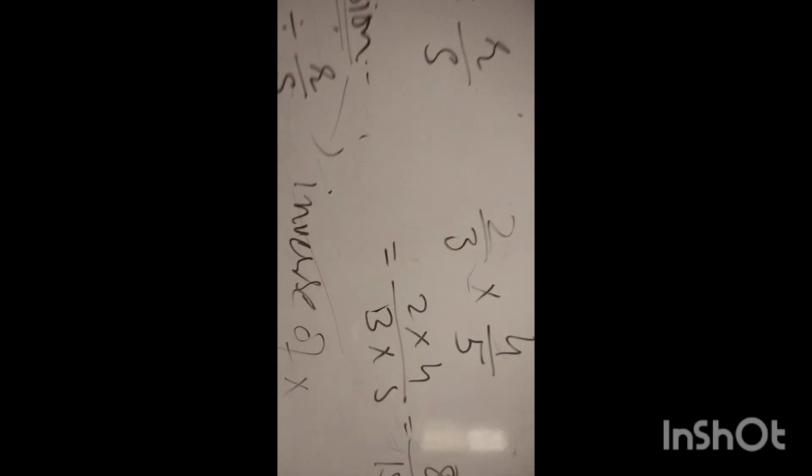Let's suppose 2/3 divided by 3/4. We just change the sign and reverse the numerator and the denominator. इसे invert कर देंगे. So 8/9 will be the answer. So these are the operations on rational numbers and these are very simple.